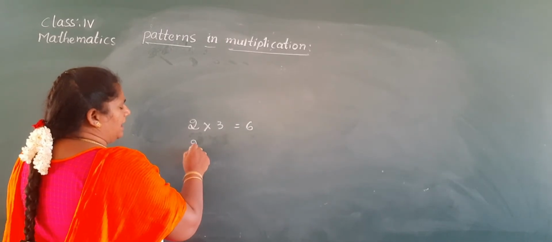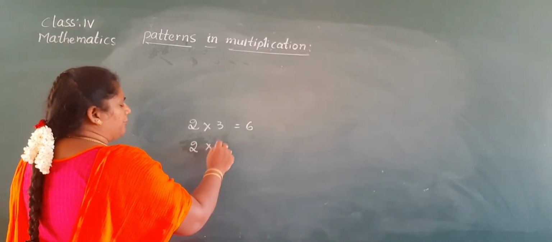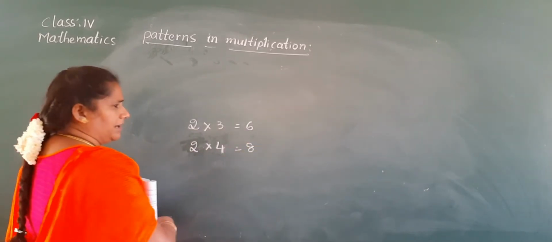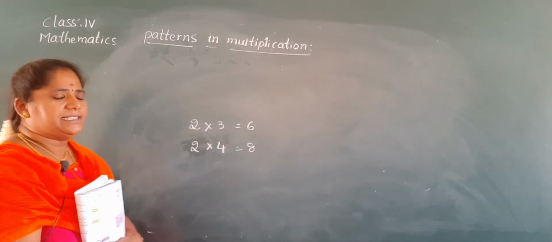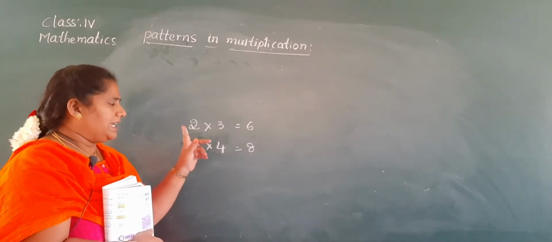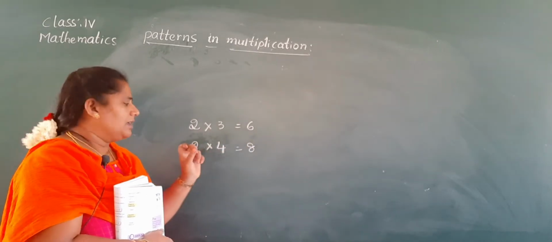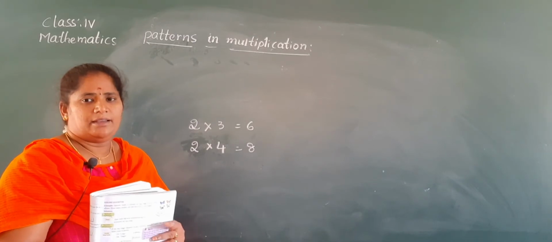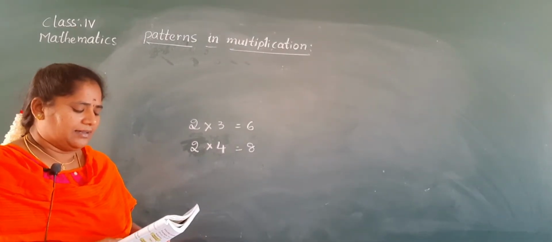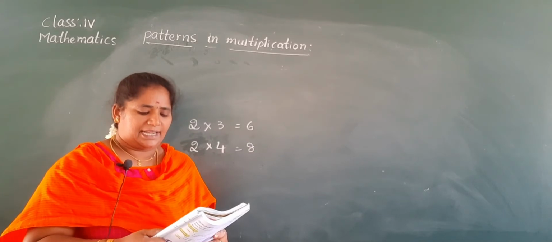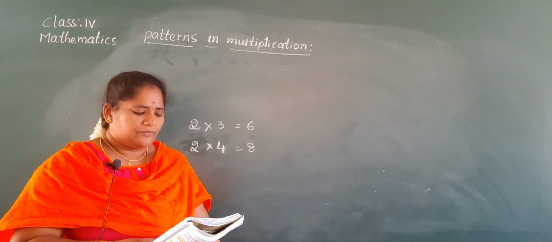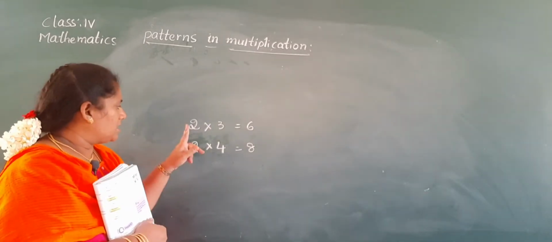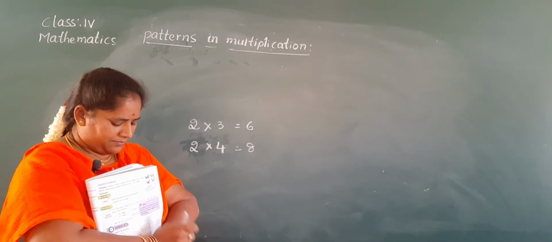Okay, and take even and even, 2 and 4, the product is also an even number. So the product of two even numbers is also an even number. So from this what we can say, the product of even and odd is an even number and the product of two even numbers is also an even number. Okay, but in your textbook it is given like this, Nana. The product of an even multiplicand with an odd or an even number will always be even. So they are using the word multiplicand. So this is the multiplicand, no, Nana?